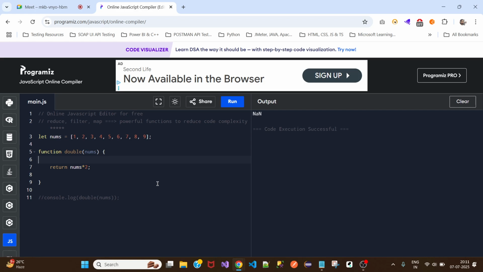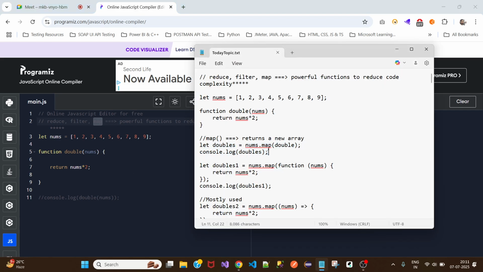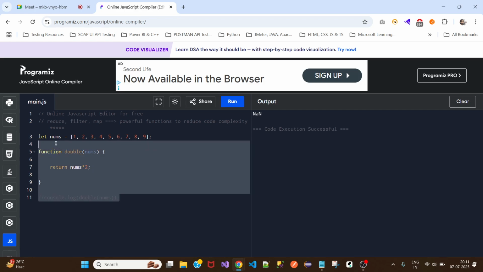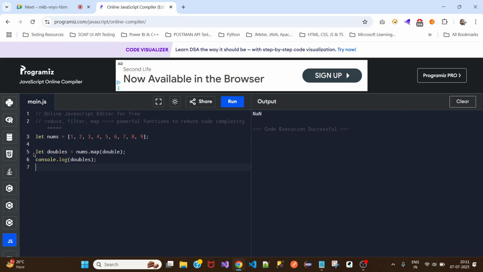But we have a better way, where we can multiply all the numbers in an array and print out the output. And that is one of the methods, called the map method. Okay, let me copy this. Now what I'm doing here is using this array and mapping